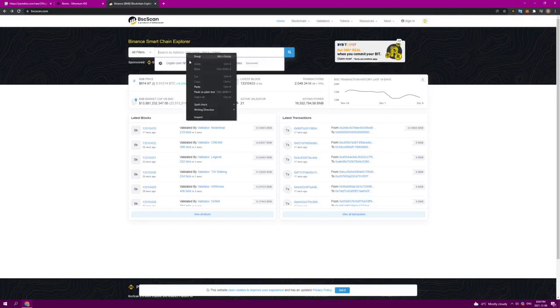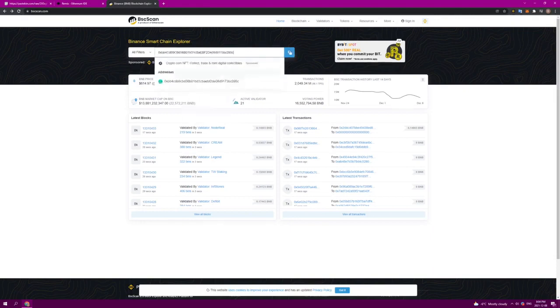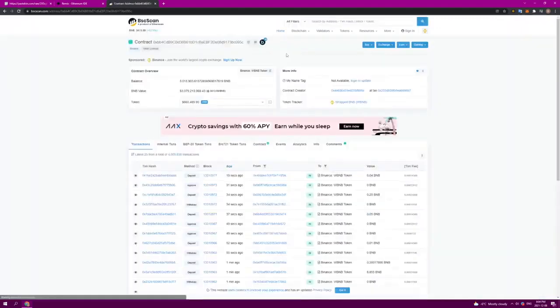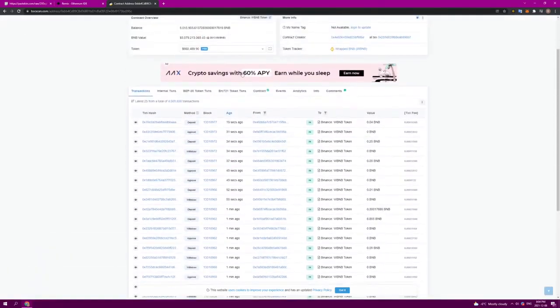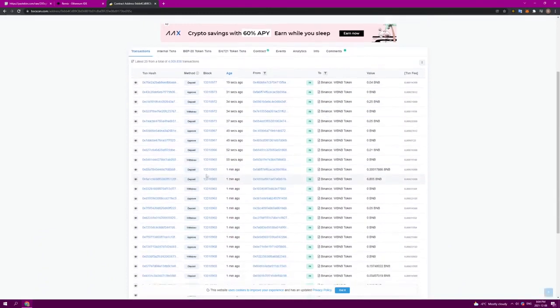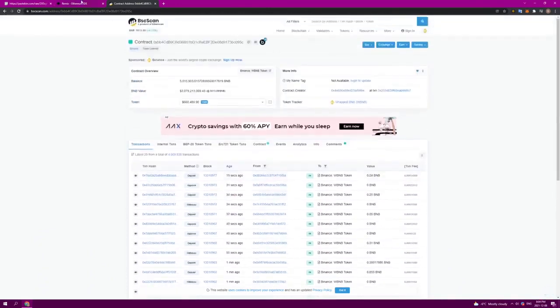And we are going to paste our data there. So as we can see, it heads to the contract of wrapped BNB token tracker with a BNB value of $3 billion. Wish that one was ours. So as we can see down here, there are many transactions, so that verifies that that is indeed the correct